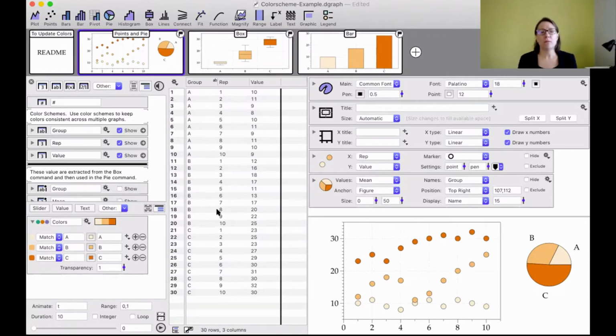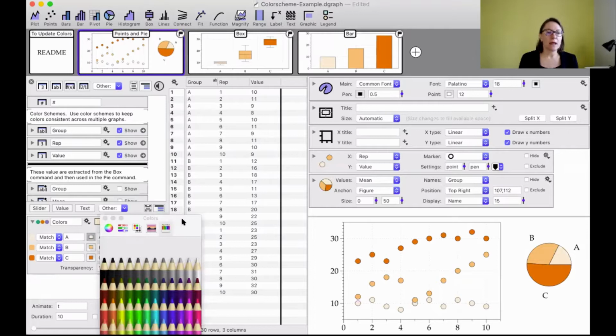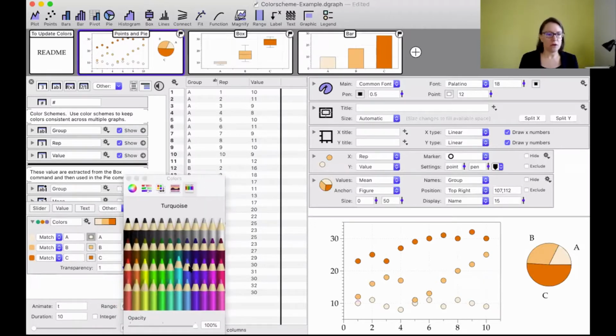So this is so much easier than having to go in and change each individual graph to change each individual color. I can also change these tiles by clicking on them, and I get the color menu, that's the color picker, which we'll talk about a little bit, that's within the Apple program, and I could change one individual color. So now you can see how